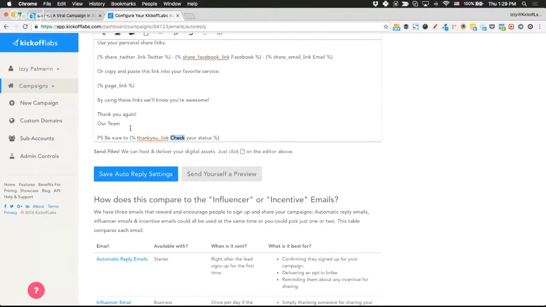And actually, I can customize this text itself. So I can say, click here to check your status anytime. I don't recommend putting any type of punctuation, like exclamation points or question marks, because it might break it. So just keep standard text in there, but you can most definitely customize the actual text. So it could be a huge link that people could click on to check their status.